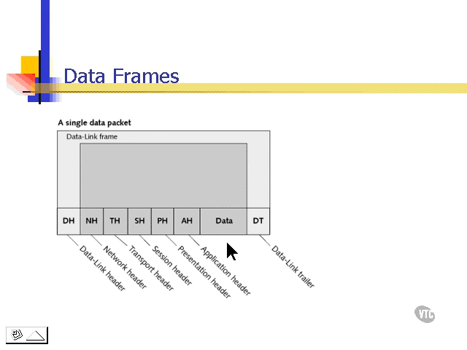In the data trailer is a cyclic redundancy check, which is just like a checksum with modems. It's able to check to make sure that the packet was not damaged during transmission. Now, different technologies move data in very different ways. And we'll look at some different technologies in our next